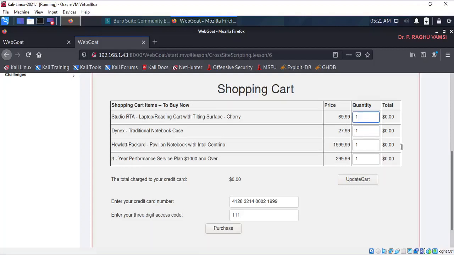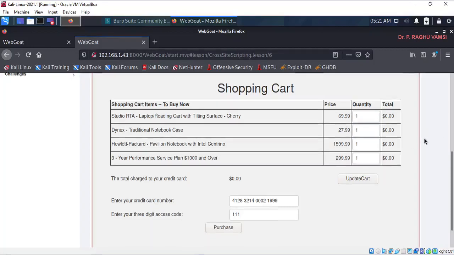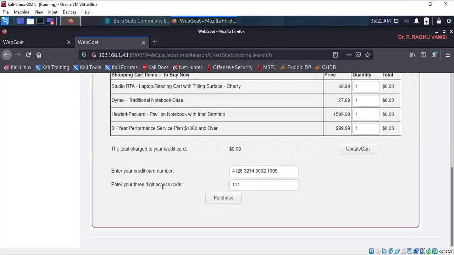Maybe you can make it here and enter your digit access code. There is a possibility that it could be the code. The code may not sometimes be pure numbers. It may be a combination of characters and numbers. And here the credit card number is usually in terms of numbers only.